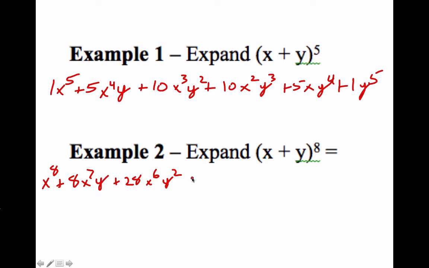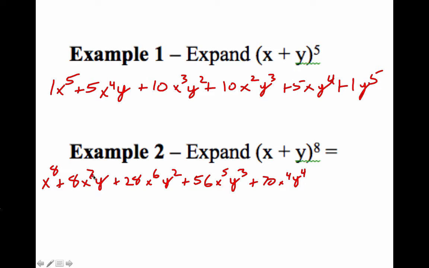And this gets a little long, but imagine having to do it by actually foiling things out. 56 x to the fifth. We thank Mr. Pascal for making our life easier. Or maybe it was Mrs. Pascal or Miss Pascal. I have no idea. And then we get 70 x to the fourth, y to the fourth. You start seeing some